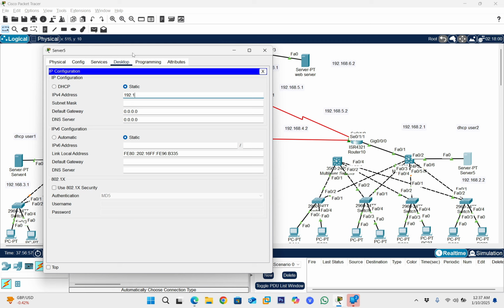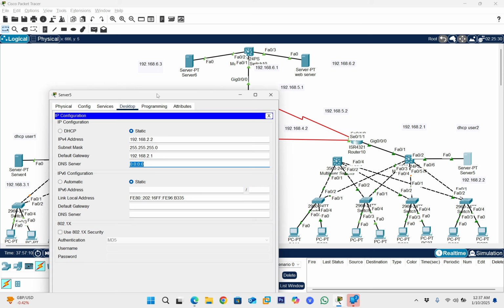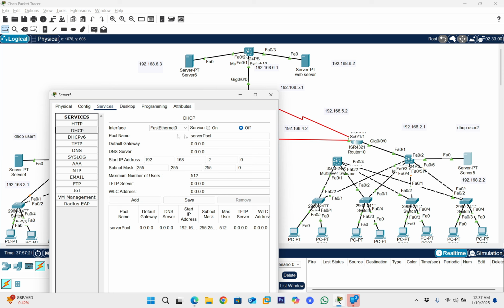The 192.168.2.2 and the default 192.168.2.1. The DNS server, this IP 192.168.6.3 is a DNS server, right? And the service will be DHCP, and turn on the DHCP services. The default gateway will be